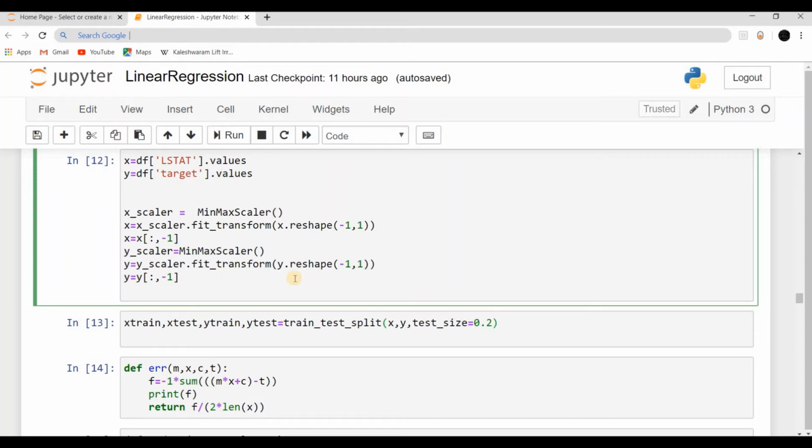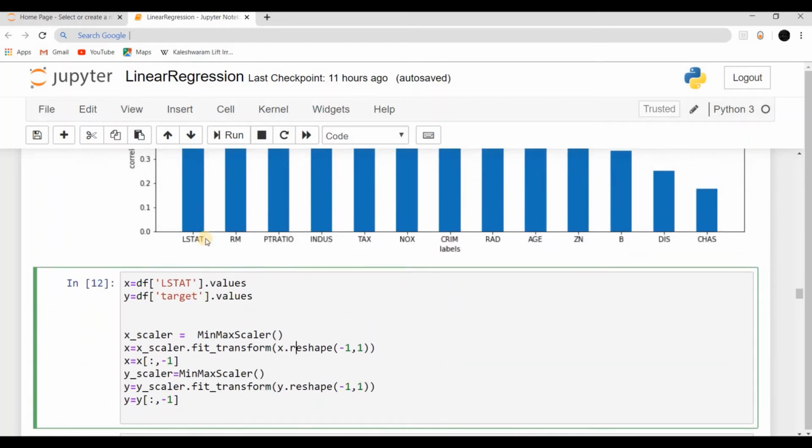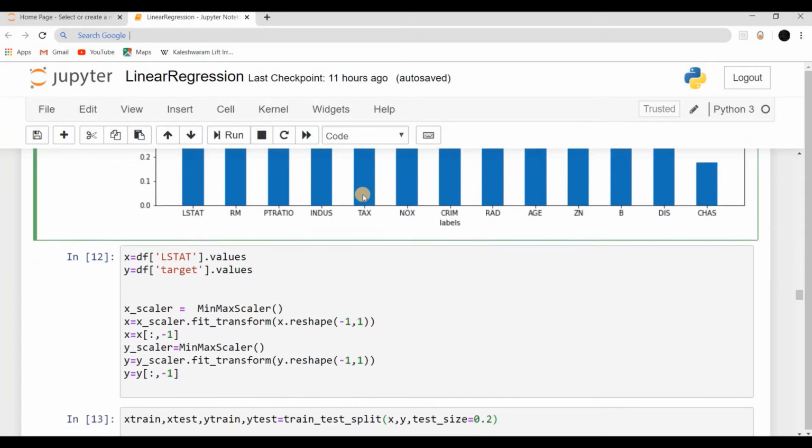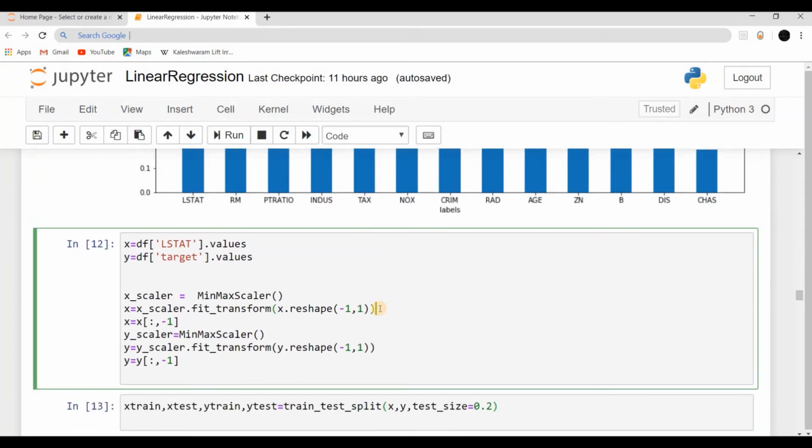To convert them into the range of 0 to 1, we are using the scaler object's fit_transform function, which takes all the values in column manner. But we have all the values in horizontal manner, so we need to convert them into vertical manner. For this we are using the reshape function of NumPy.